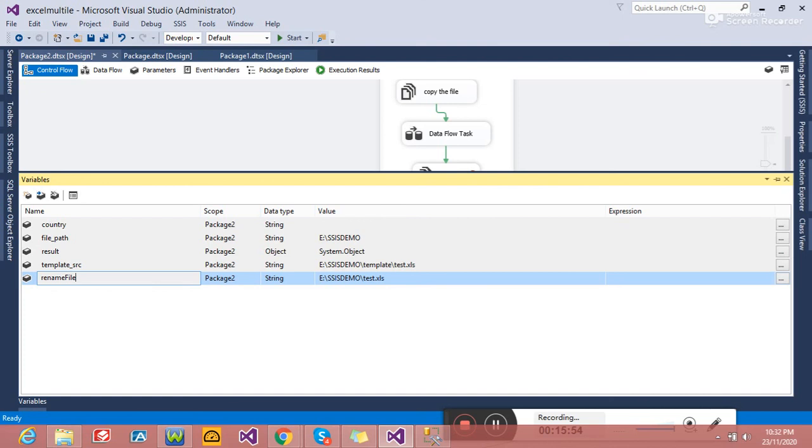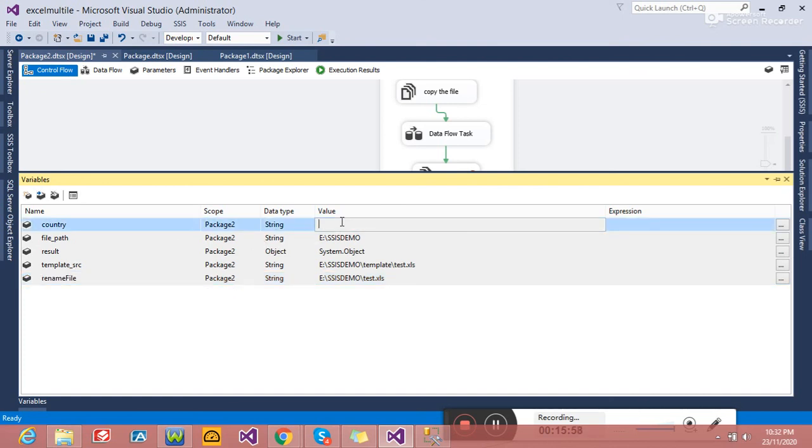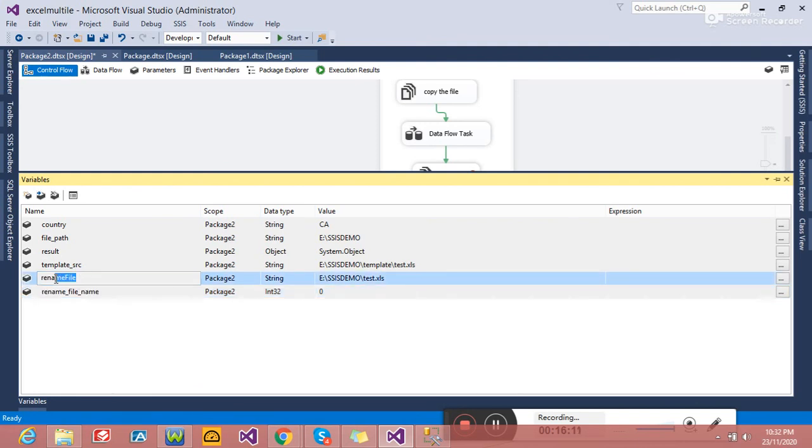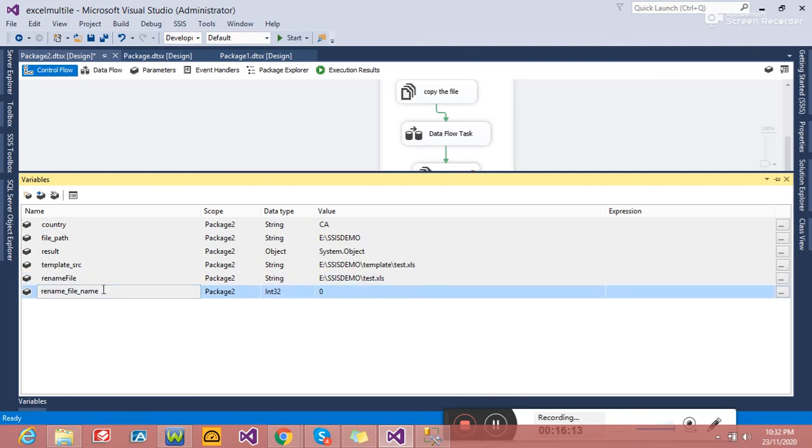So for what value do we need to rename? If it iterates with a country code like CA, the file name should be SSISdemo.CA.xls, right? For that, rename file name, this is, let's change the variable names. Destination file name, and this file name